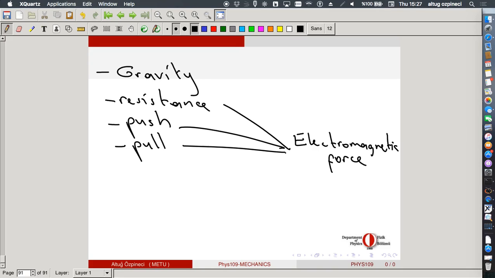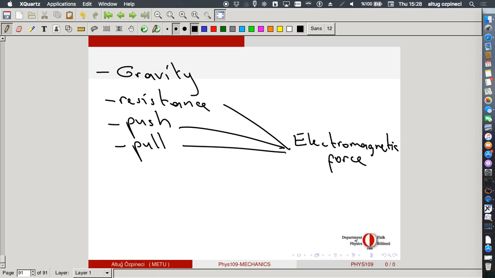So what's happening here is when you bring your finger close to this thing, this metal part, the atoms of this metal part and the atoms of your finger, they are getting very close to each other. But when they get very close to each other, electrons get even closer than the nuclei. So electrons start to push each other away. And if they come sufficiently close, you cannot push your fingers any further. So it's still the electrostatic repulsion between the electrons in your hand and in this metal that creates this push-pull.